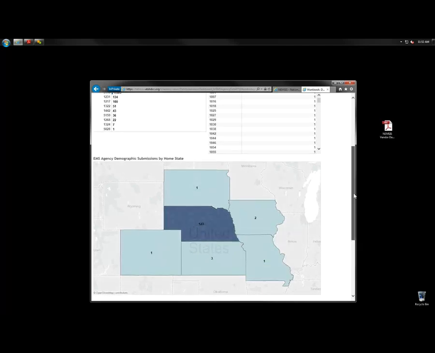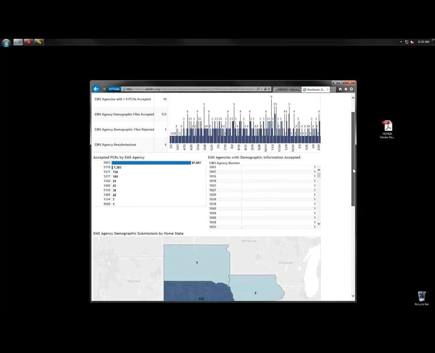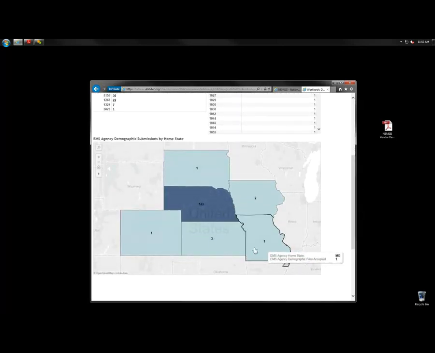So this gives you an idea. We're looking at Nebraska, which has submitted this information. We know the submitting state is Nebraska, but they've got a few agencies that they're submitting for, which